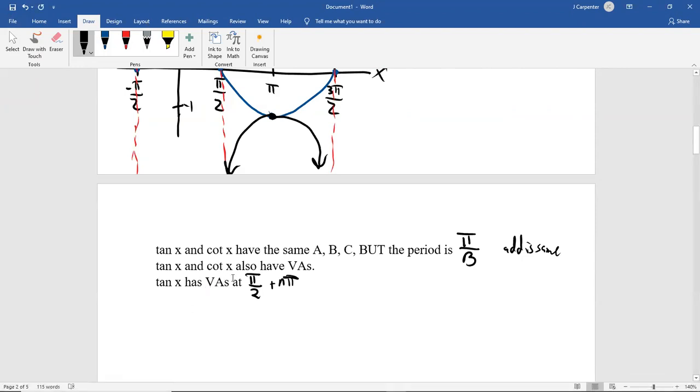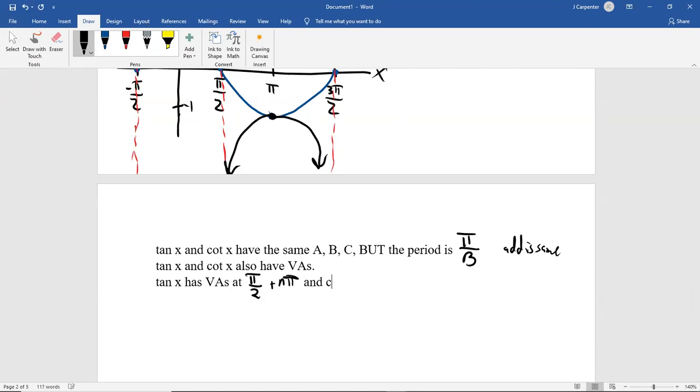Tangent has the exact same vertical asymptotes as secant, because secant has cosine in the bottom and tangent has cosine in the bottom. Secant is 1 over cosine. Tangent is sine over cosine. And we don't care about the tops for doing vertical asymptotes. We only care when the bottom is 0. So tangent has those as their vertical asymptotes,